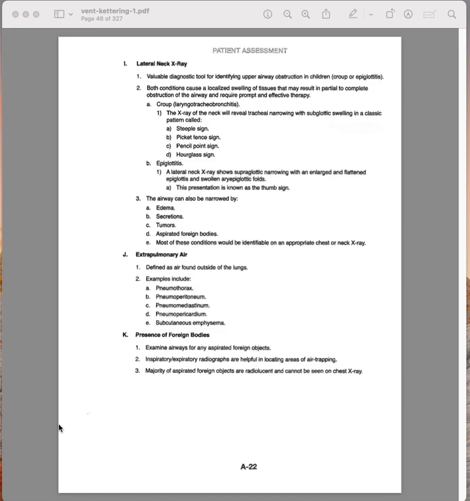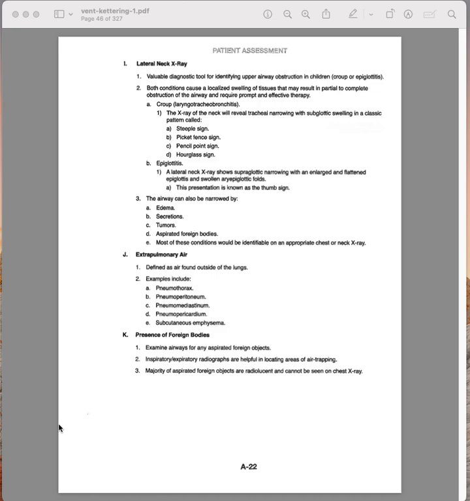Lateral neck X-ray. Number 1. A valuable diagnostic tool for identifying upper airway obstruction in children, that's croup or epiglottitis. Both conditions cause a localized swelling of tissues that may result in partial to complete obstruction of the airway and require prompt and effective therapy. A. Croup, or laryngotracheobronchitis. The X-ray of the neck will reveal tracheal narrowing with subglottic swelling in a classic pattern called steeple sign,